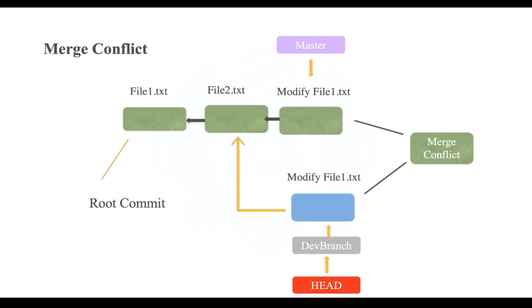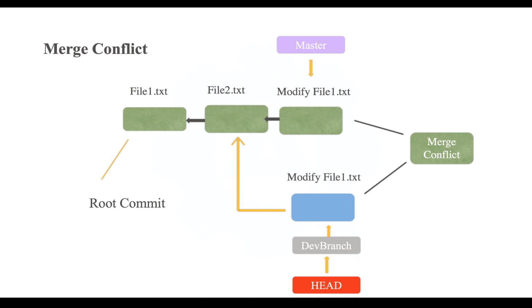So for this as well, we'll create a fresh repository. We'll create two files, file1 and file2, in different commits, and then we'll create one more branch from file2, that is the last commit that was made. From there, the branch name will be a dev branch and we'll modify file1 in the dev branch. Then we'll switch back to the master branch, that was the previous branch, and modify the same file again with some content. And after that, we'll see how to rectify this particular issue.